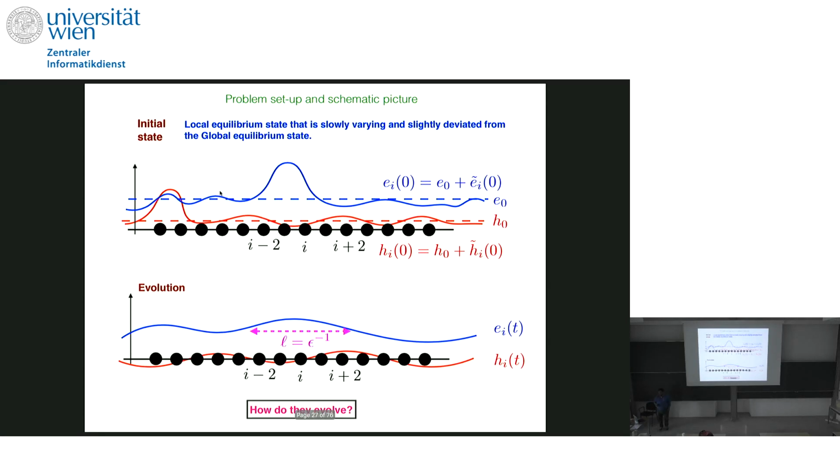Okay. Now let me set up the problem. The specific problem that I want to address is to consider a local equilibrium state that you create. This is the global equilibrium value. But suppose the system is actually locally in equilibrium, locally described by this canonical distribution, with an average profile that looks like this. It's not flat, but slowly varying over space for both the energy and the volume. Then you observe the evolution and ask how this profile evolves. That is the specific question that I want to address.